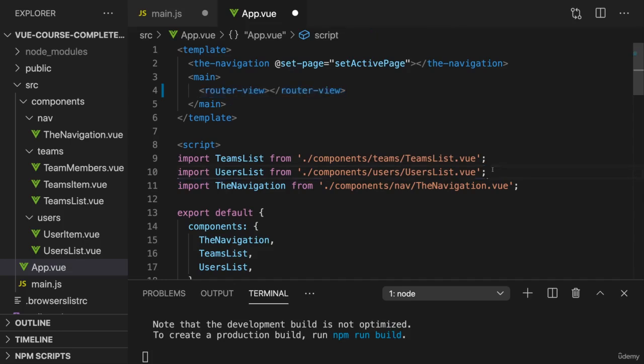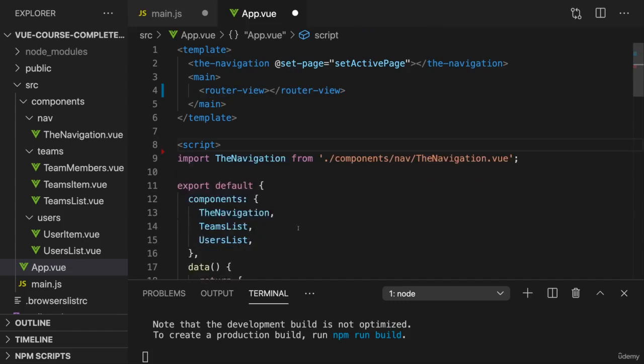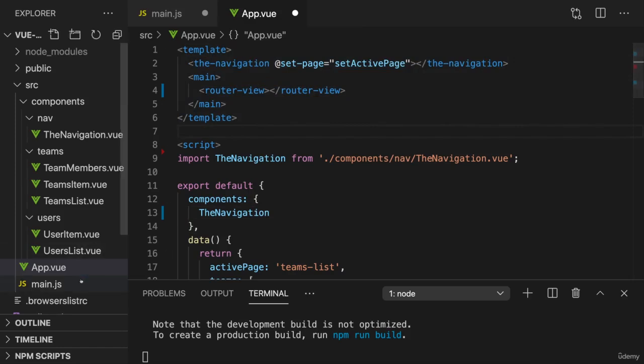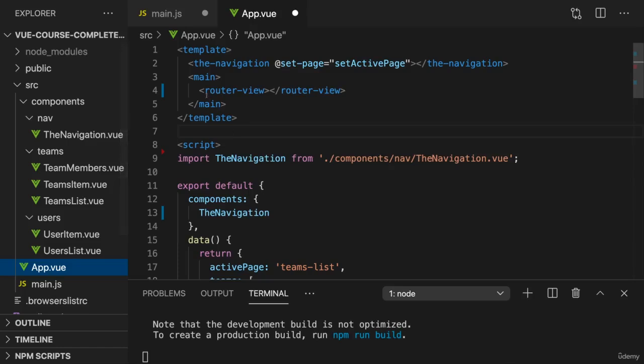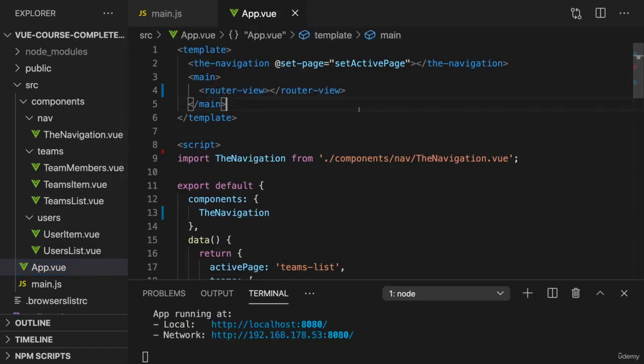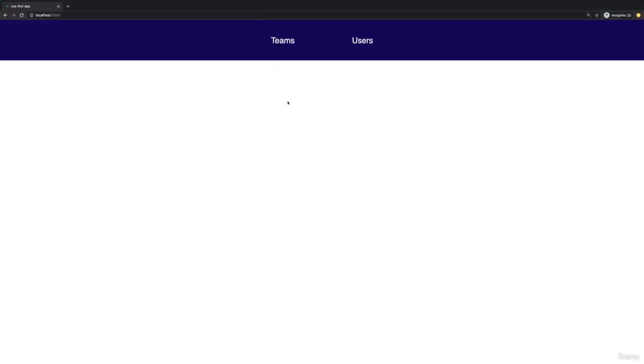And we can, by the way, now also get rid of these two imports here, teams list and users list, in app view and not register them as components anymore because we don't need to do that. We're not using these components in our template by using their selector. Instead, we select them here through the router. And if you load a component through routing, you don't need to register this component additionally as a global or local component. You don't need to do that. So with that, we now let the router know where to load that, and hence we can save everything and